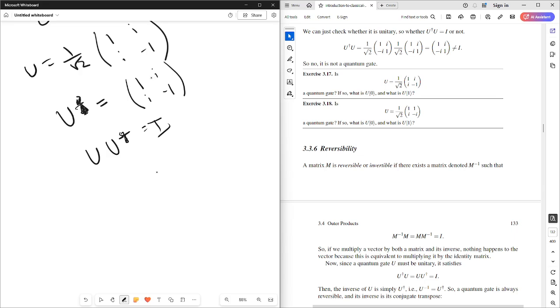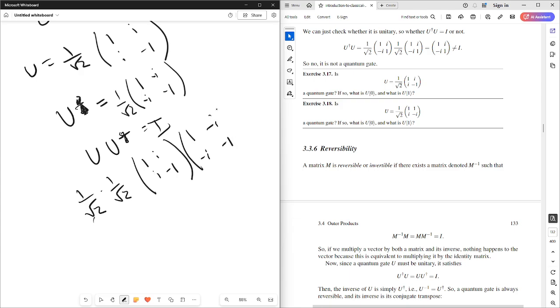And then we also negate any imaginary components. Bam. Square root of 2. Now we'll multiply these together. So we wind up with 1 over square root of 2 times 1 over square root of 2. We'll pull those out together. And 1, i, negative 1, 1 minus i, minus 1. This becomes 1/2. And we evaluate these